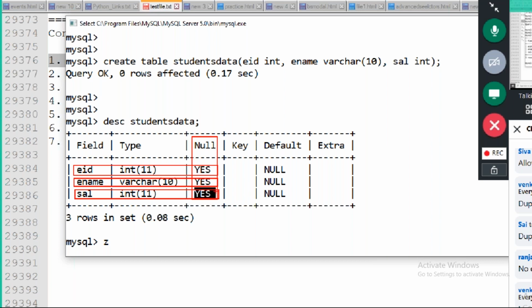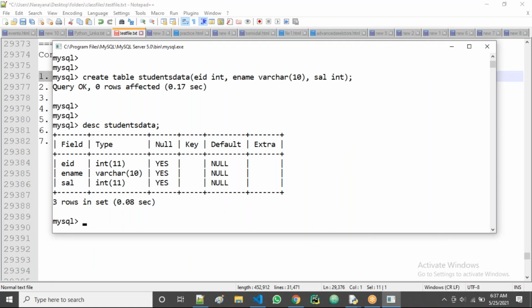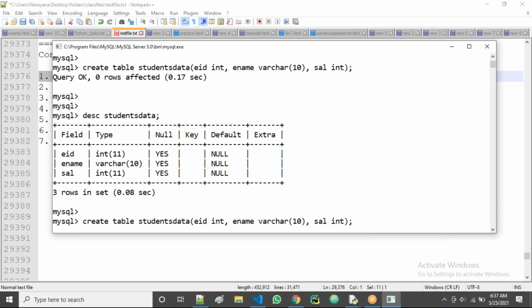But suppose I don't want to allow nulls for EID, or for ename, or for salary. Then how do I create that table? Observe. I'll take the same one, with a table name like not null table.